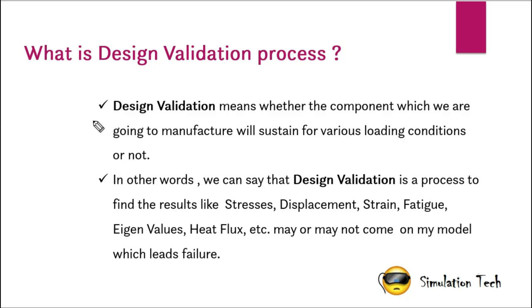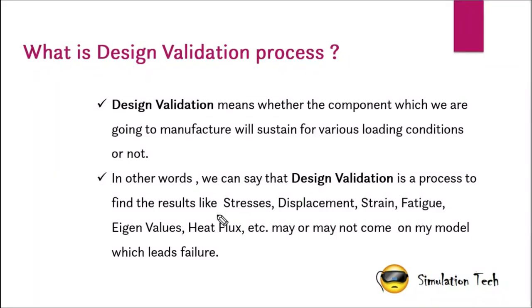So why should I actually validate a component? To check whether that component will sustain my customer requirement, whether it can withstand this much level of stress or not, and whether it can last for this much period or not. So I can easily validate and check the result, right? That is called the design validation process. We have three different types of validation process to validate a particular design, namely the analytical method, the numerical method, and the experimental method. So let's see them one by one.